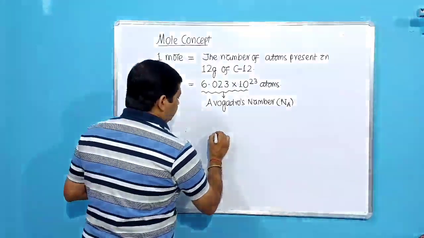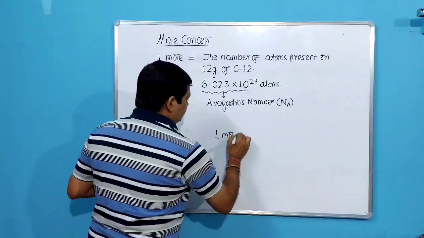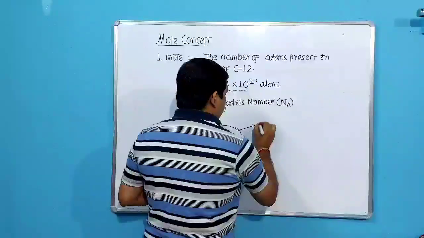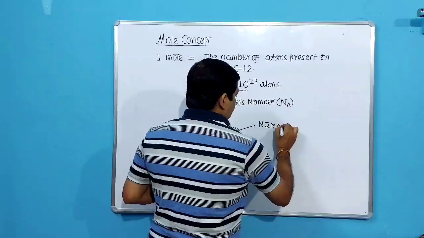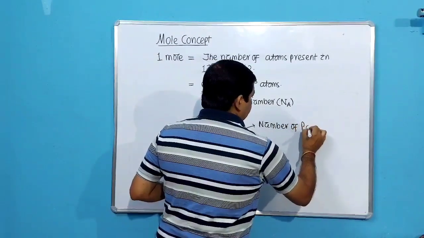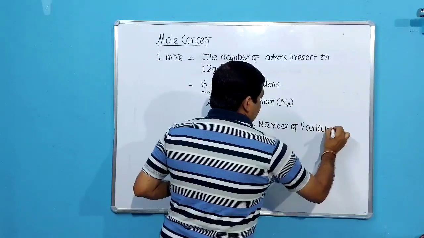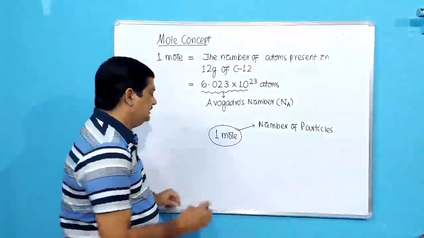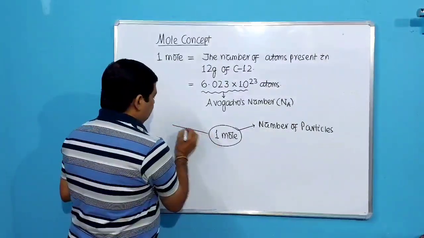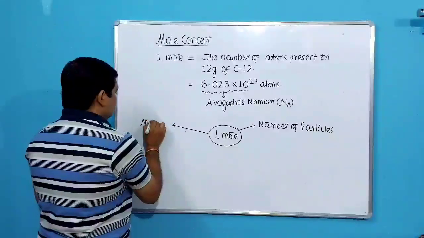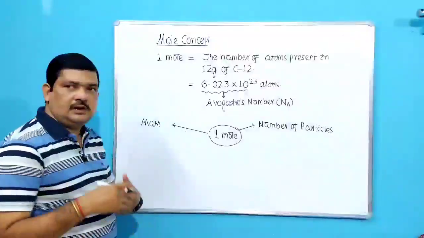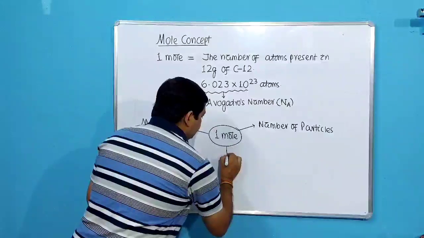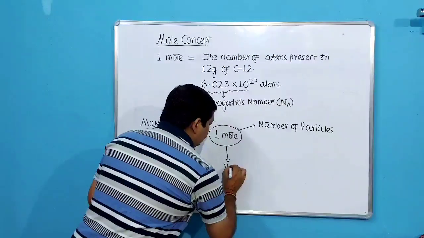So when we speak of 1 mole of any substance, it will be associated with a number of particles. So any substance is made of particles. So when we speak of 1 mole, it will be associated with number of particles. Then it will have some mass. I have already told you, we can calculate the mass. It is measurable. Then for gases or others, it occupies some volume.